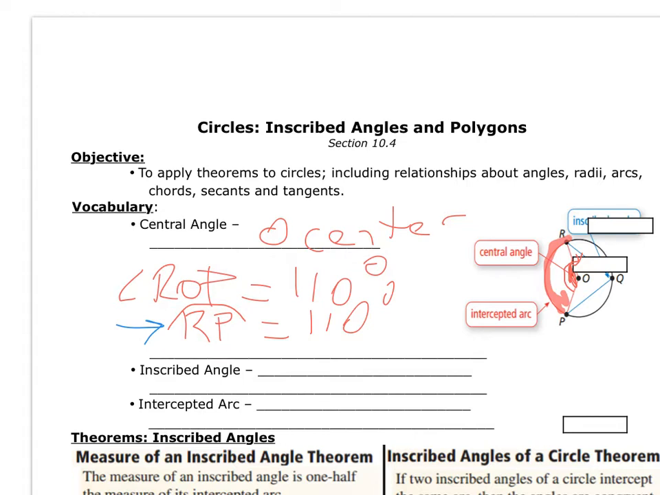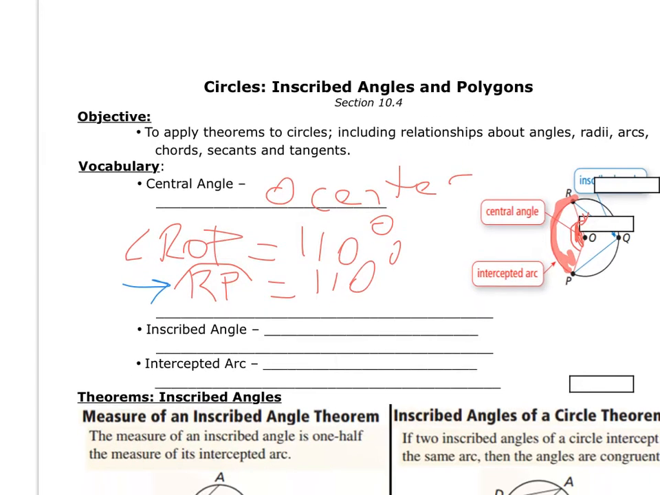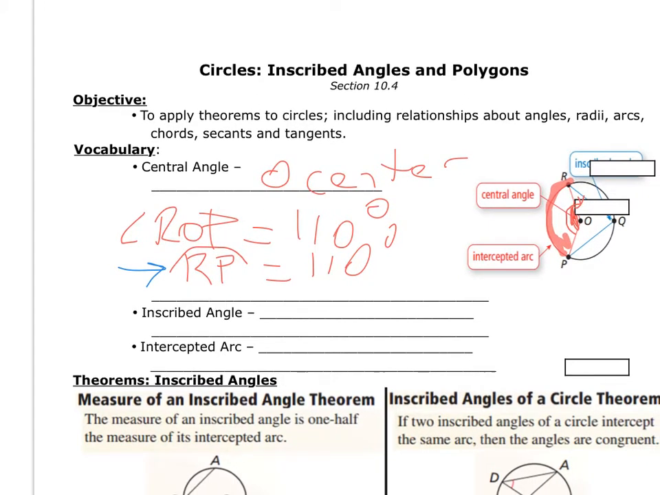Now for the new type, an inscribed angle. All an inscribed angle is, is an angle whose vertex is on the edge of a circle. For instance, I'm going to use blue, but right here where you have point Q, the vertex of that angle is right on the edge of the circle. Well, that is an inscribed angle. And we'll go ahead and write that. The vertex